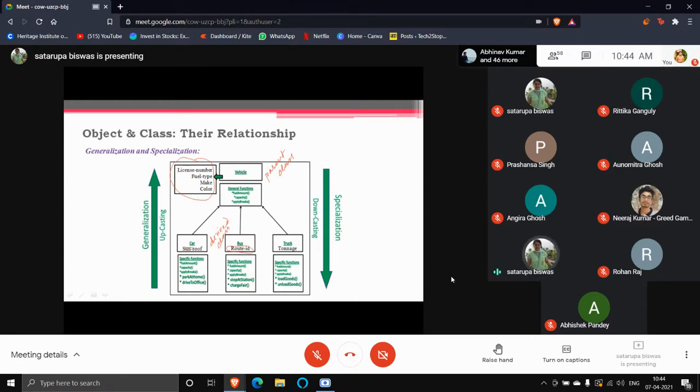Instead, what we have done is take the common features together in the vehicle class. After that, the subclasses only add their own specific things. Park at home, drive to office, stop at station, charge fare: these are the specific behaviors of the bus.